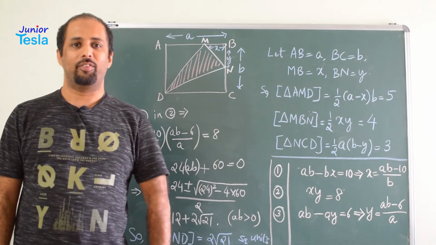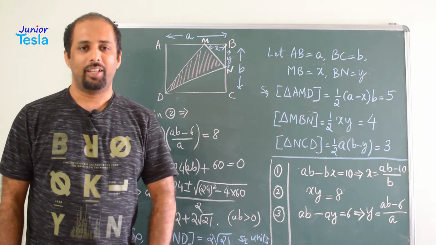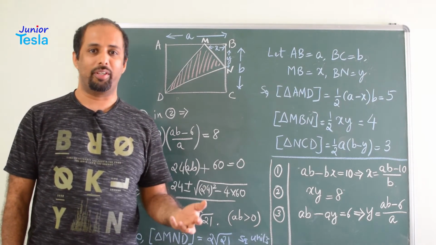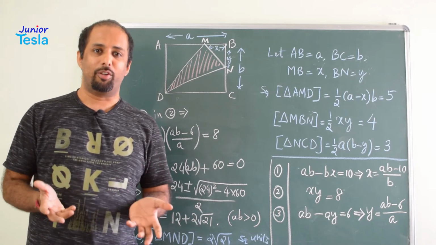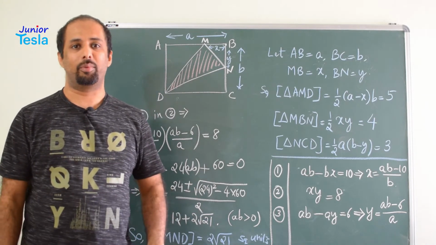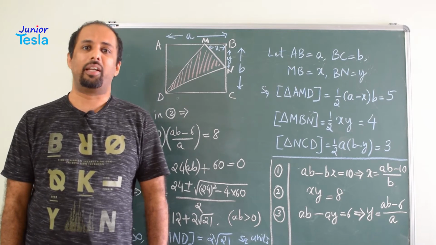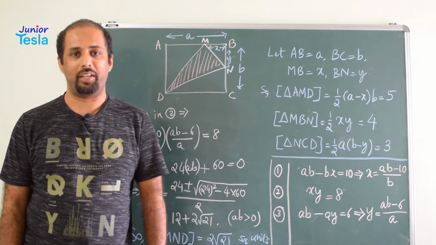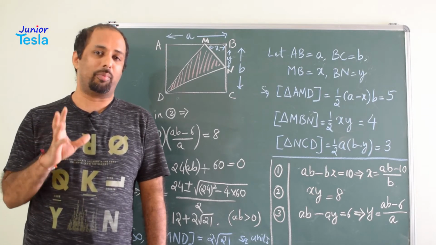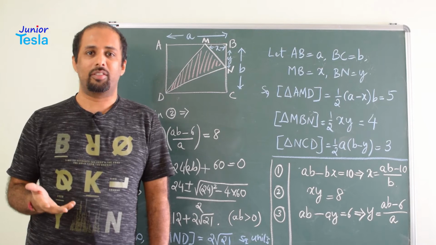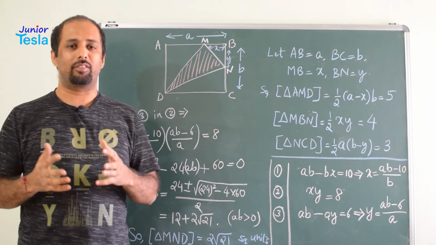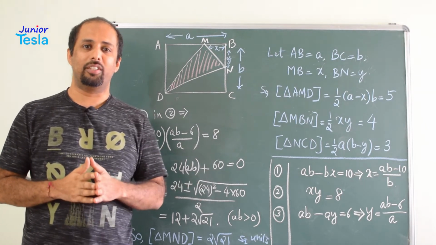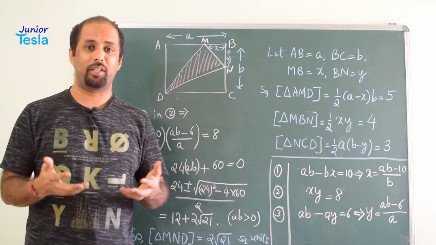In today's session, we are going to see a geometry problem. In Olympiad problems, you cannot actually say a problem is from geometry or algebra, because sometimes even a geometrical problem may require some algebraic identities or equations. Similarly, if you are solving an algebraic problem, it may require some concept of geometry. So you cannot directly say that a problem is from algebra or geometry or combinatorics. There will be a lot of combination of all these concepts. But today we are going to see a geometry problem which involves some algebraic concepts.